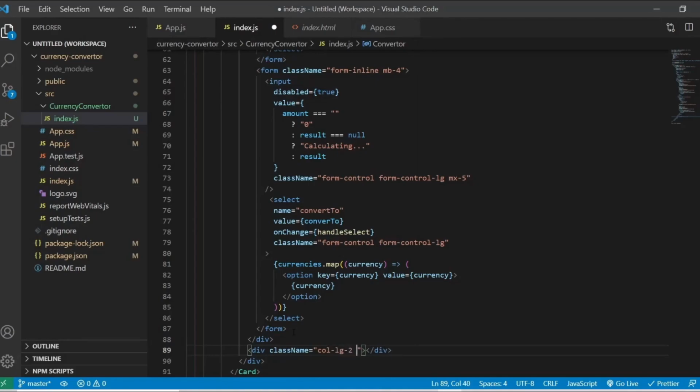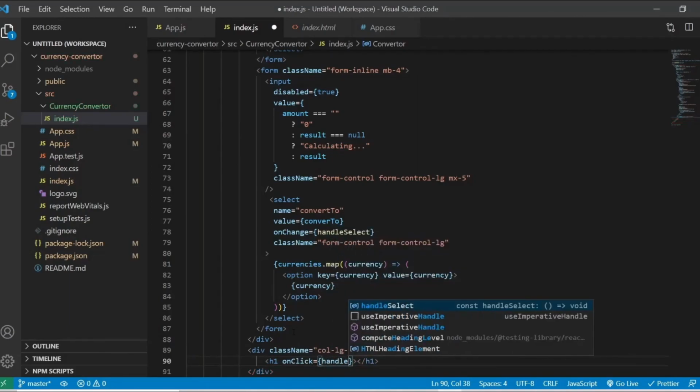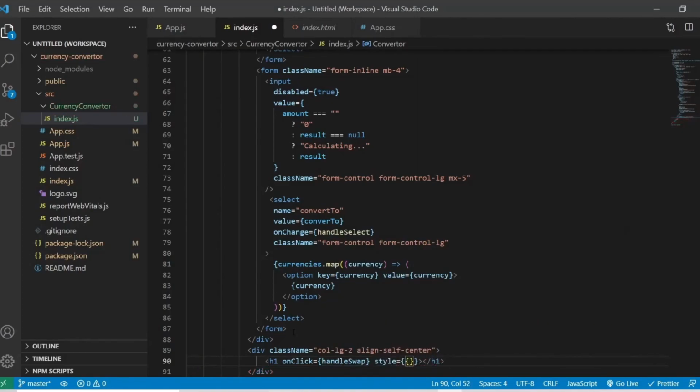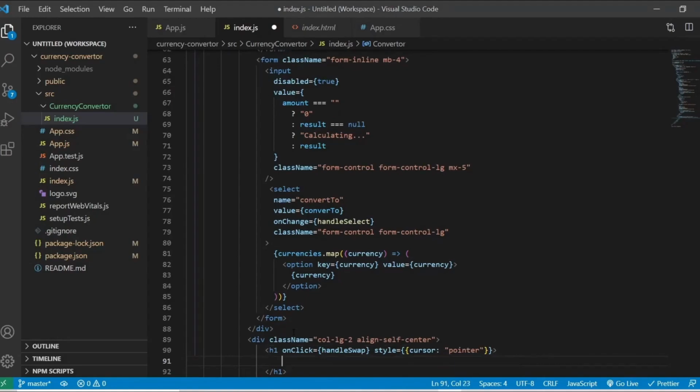So I'm giving another div, and I'm giving the class name, and it will have an h1 tag, and on the h1 tag I'm giving the onClick, and on click I will have the helper function handleSwap, and I'm going to provide the inline styling cursor pointer.